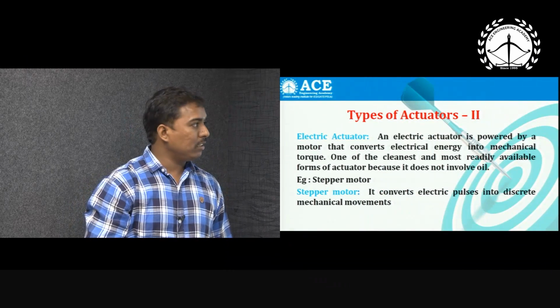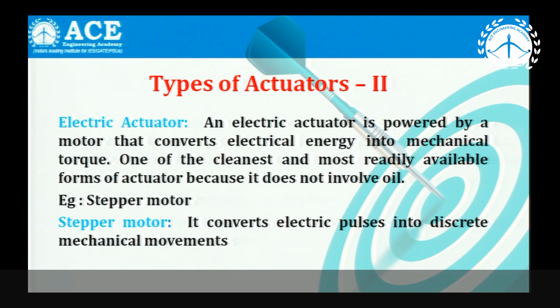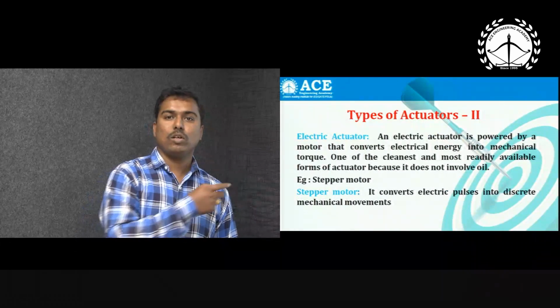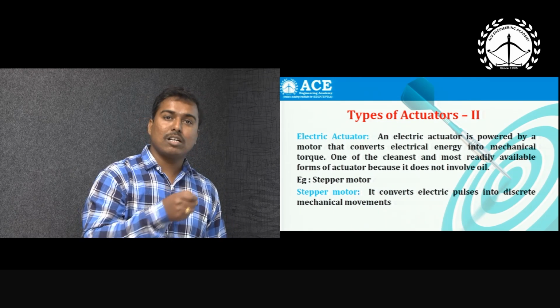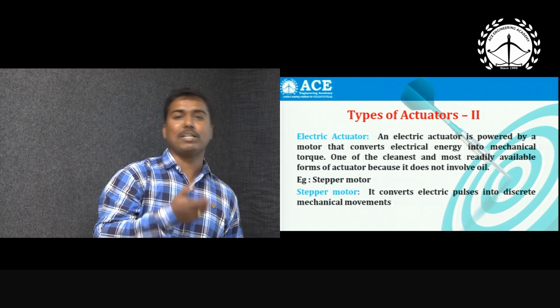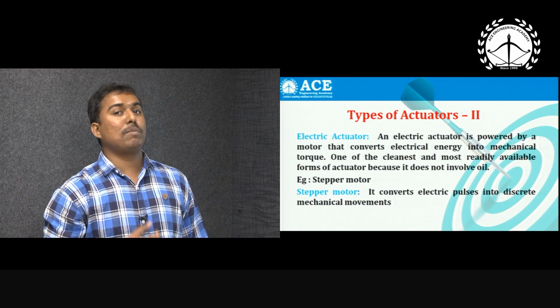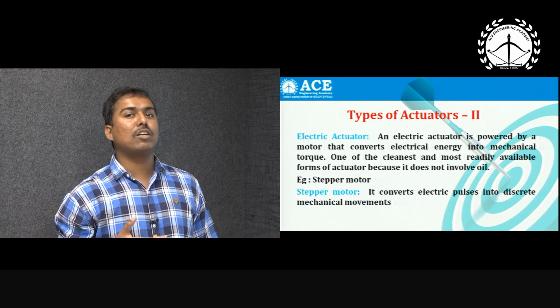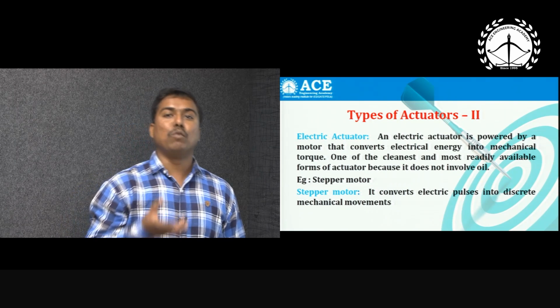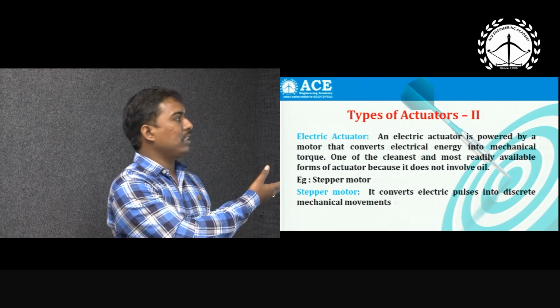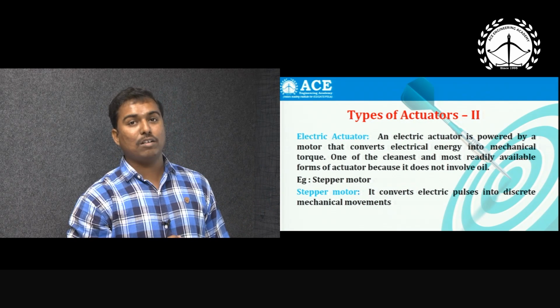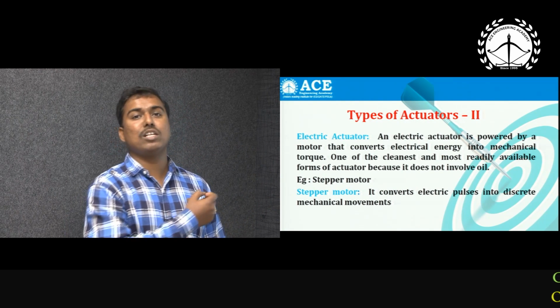Coming to electrical, this is the first time that a mechanical student is getting an electric actuator. What is an electric actuator? It is going to convert electric energy into mechanical energy. So we are going to give a mechanical output by giving electrical input. Nowadays, compared to hydraulics and pneumatics, electric actuators are famous. Why? Because hydraulics and pneumatics have fluid as a component, and fluid has a frictional effect and cleanliness issues. But electric actuators do not involve oil, they are frictionless, and with an electrical signal we can easily control them.